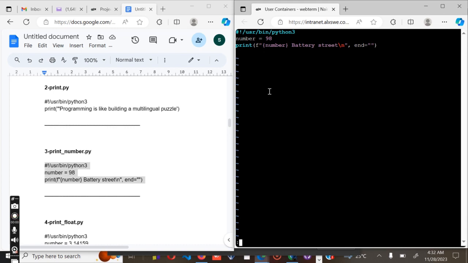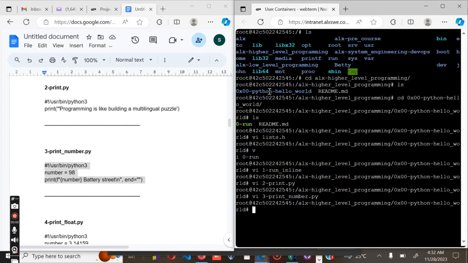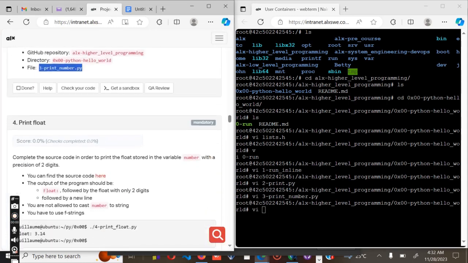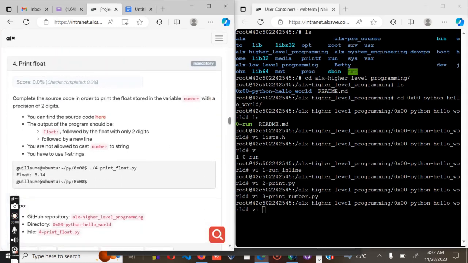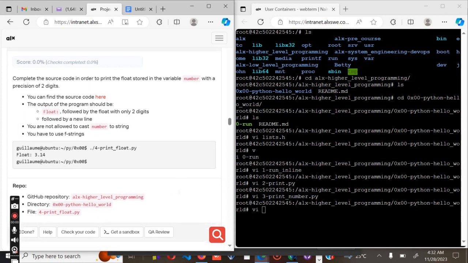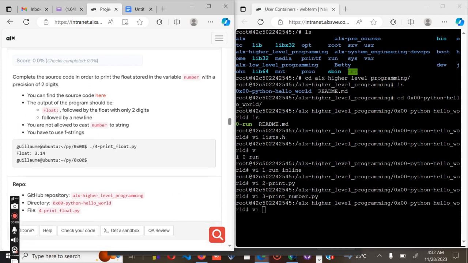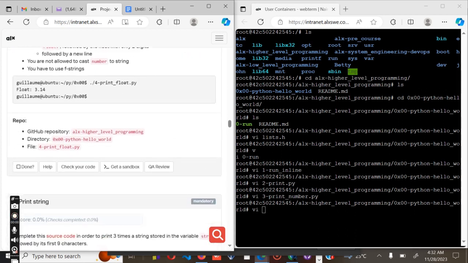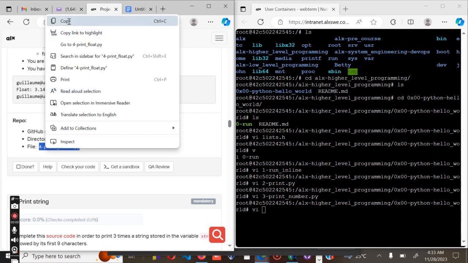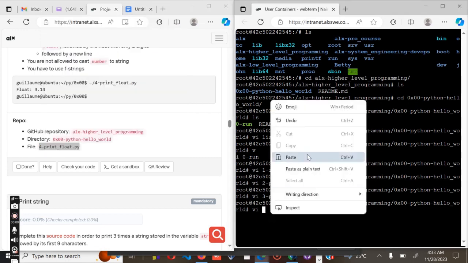Escape, colon WQ, and then vi, which is our next number, the print float. You are supposed to complete the score code in order to print the float scored by the variable. The name of the file is print float py. Copy the name of the file,